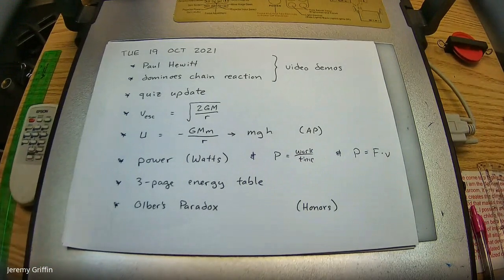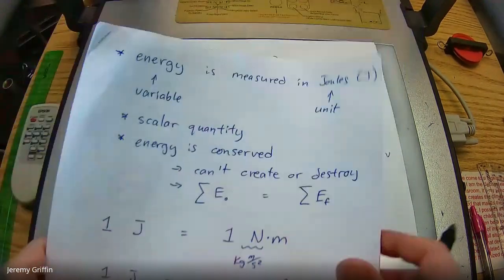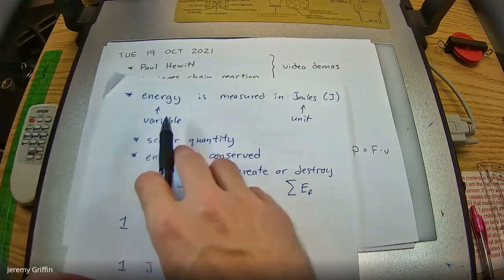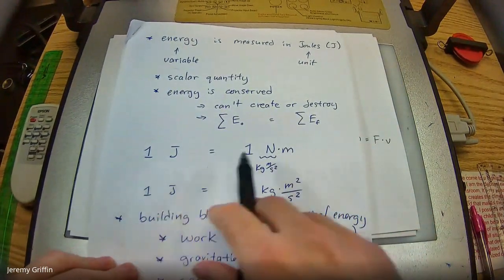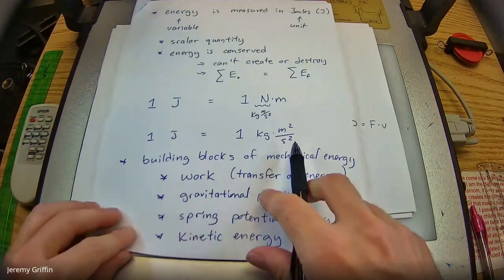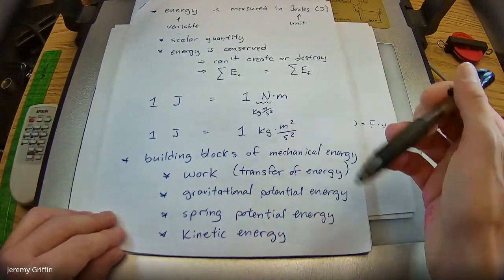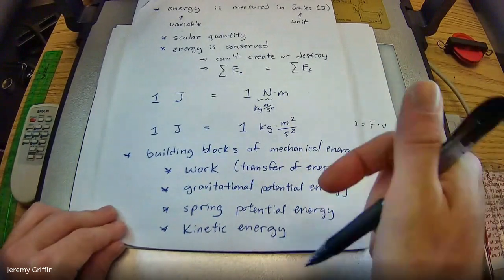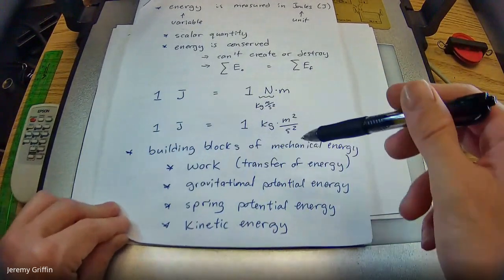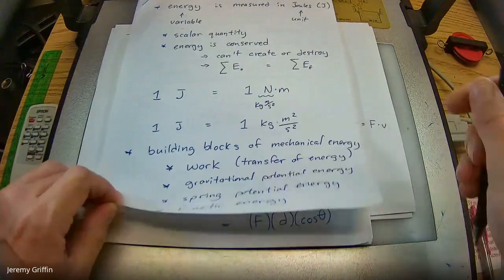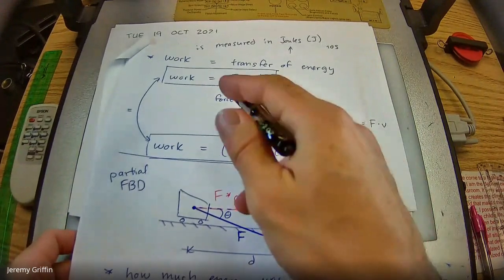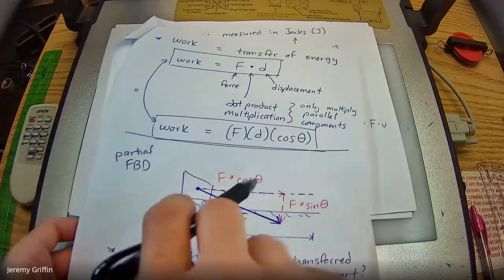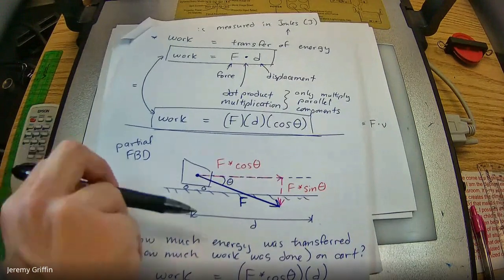Okay, so review of what you saw yesterday. There was this new concept, this new variable called energy. It's measured in joules. It's a scalar value. 1 joule breaks down into fundamental units that look like this: 1 kilogram meter squared per second squared. Then we were looking at these building blocks of energy, my colloquial term for this. What are some forms of mechanical energy? I went through this list with you. There was work, which technically is a transfer of energy. So force times distance. This is a dot product, meaning only the parallel components matter. I gave you this example of the shopping cart.